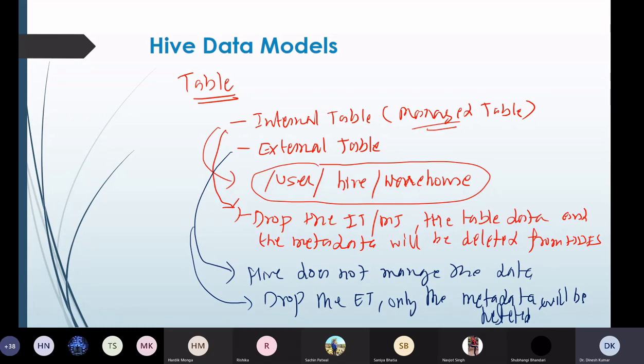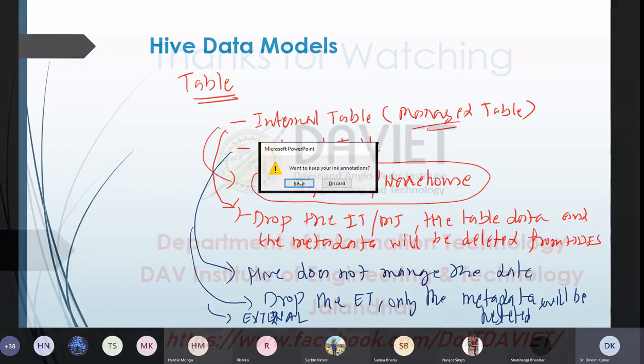Right? So we have to use the external keyword while creating the external table. Right? So I will discuss the rest of the